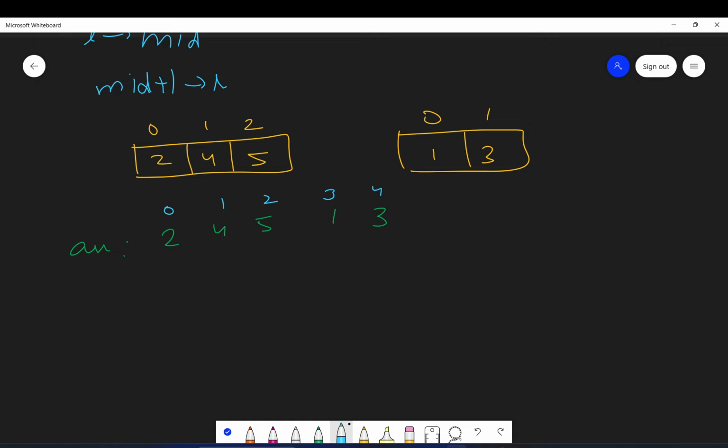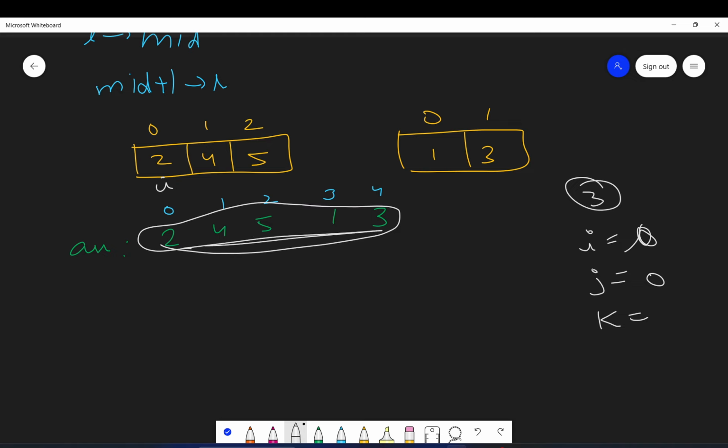Okay. Now, see guys, I will take three variables. The first variable is I, which will be the pointer of the first array. Its initial value will be 0. Then J, its initial value will again be 0. And K will be for this final array, because we have to make this into something like 1, 2, 3, 4, 5.